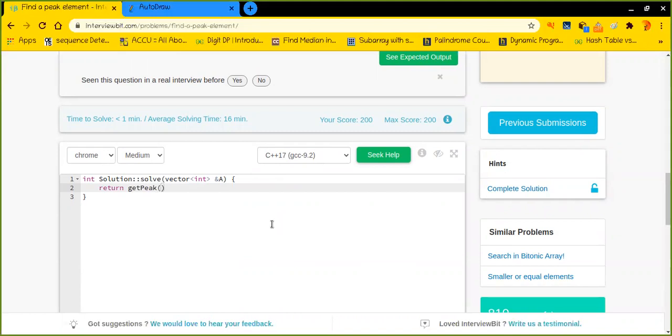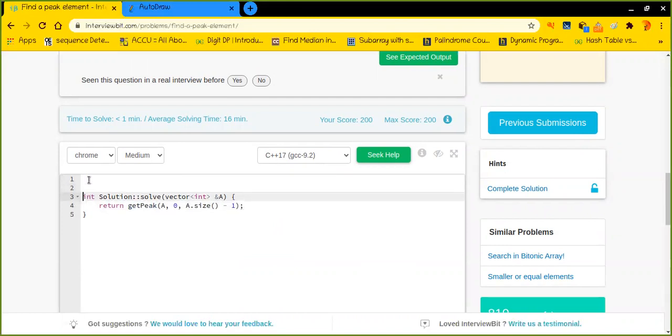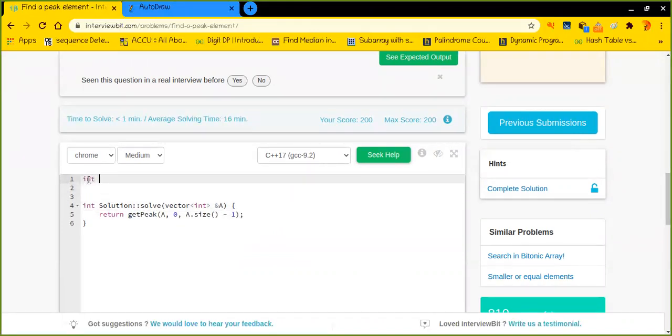This function will return the peak element, whatever the peak element could be. Perfect. This is the lower bound, and the upper bound is nothing but a.size minus 1. Perfect. Now let me quickly write the function with all its arguments: array, and this is low and this is high.